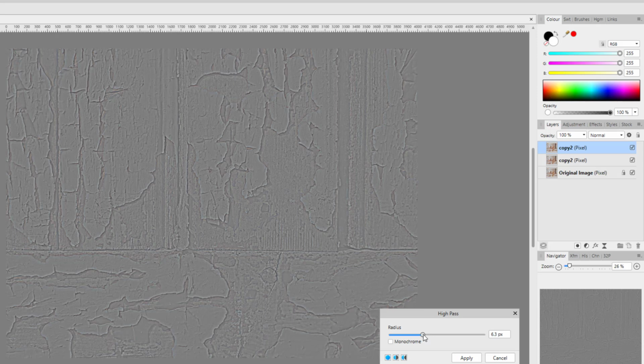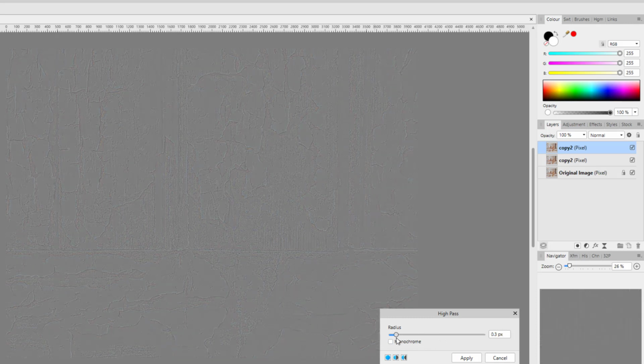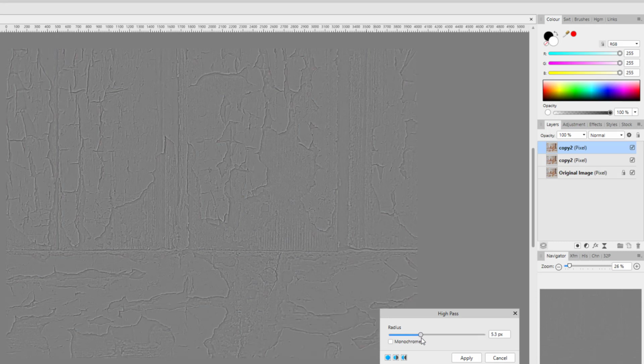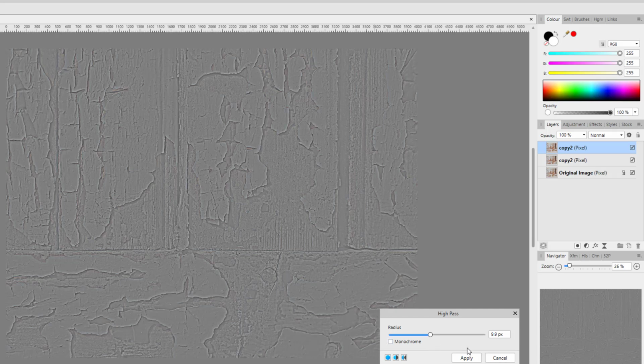Now you really don't want to go too high with this, but you don't necessarily want to go too low either, because it's very difficult to work out what effect you're really having just by looking at the grey here. So most people will go for somewhere about 3, 4, 5 pixels, but it might be easier to go a bit slightly higher than that. Let's say 10 pixels roughly, near as I can get to, 9.9, and then click apply,